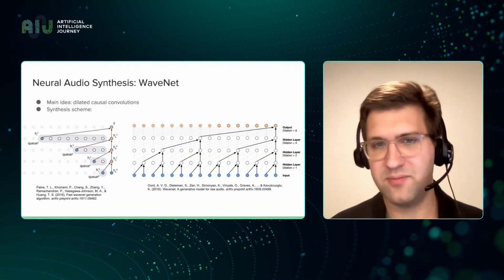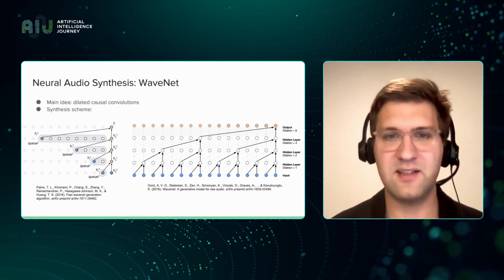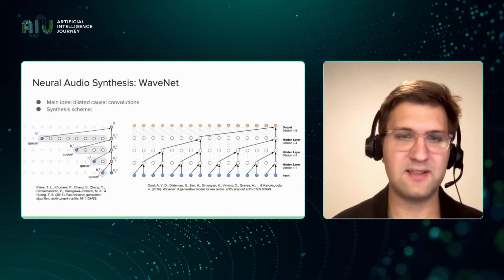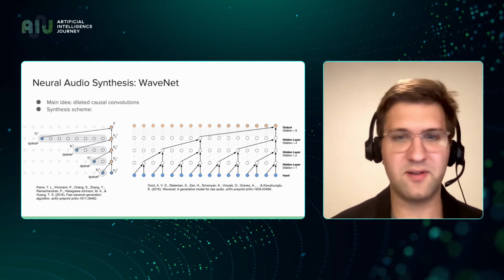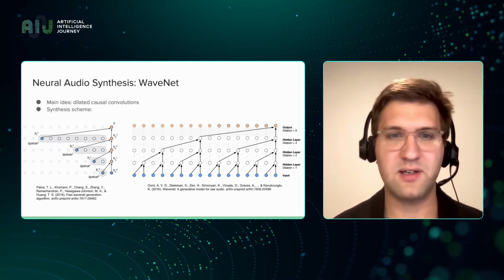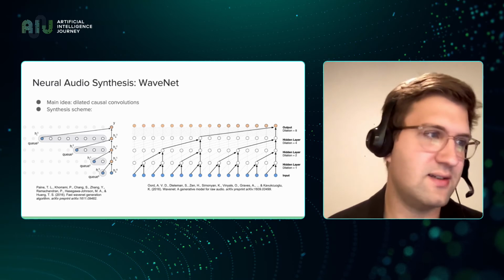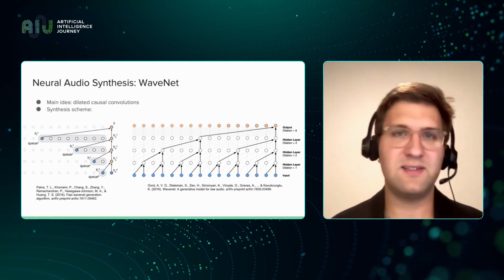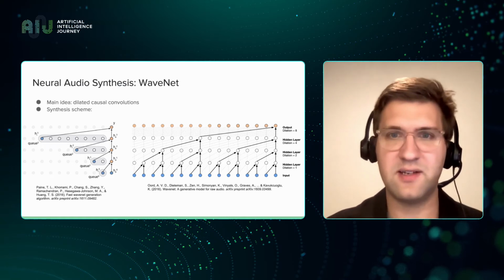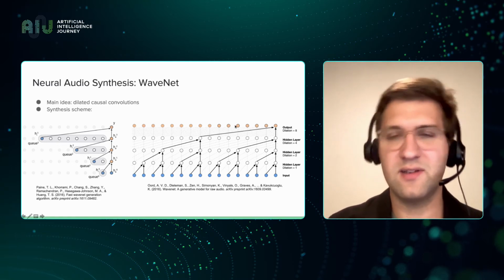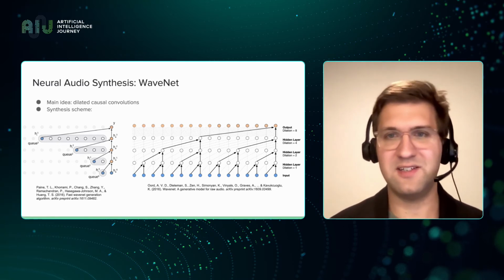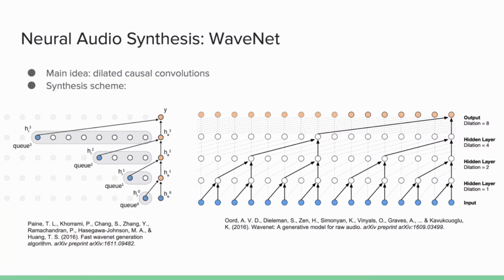What's the reverse task? The opposite task to music transcription is music synthesis, or sound synthesis. Given some representation, MIDI recordings or latent representations, we're interested in an algorithm that creates music or an audio signal, which gives a waveform that will sound like a sound file. There are different methods for that. The most popular one is the network called WaveNet. The main idea behind it is the dilated convolution network. It expands the attention span exponentially every time.